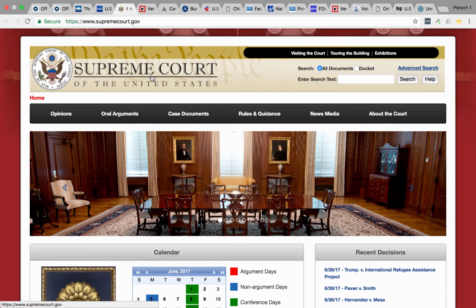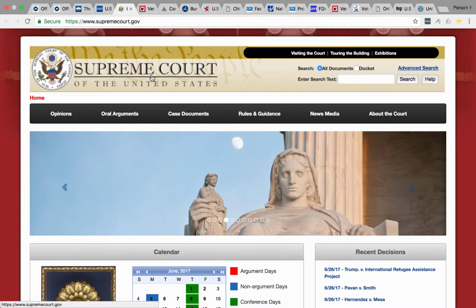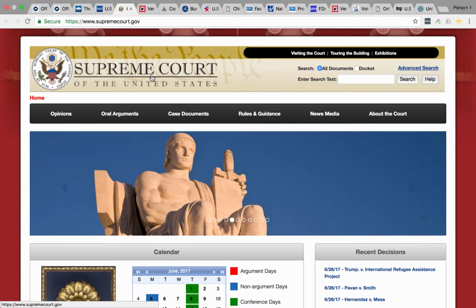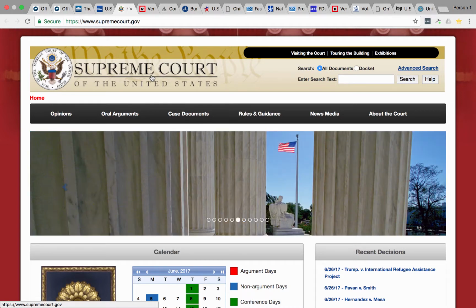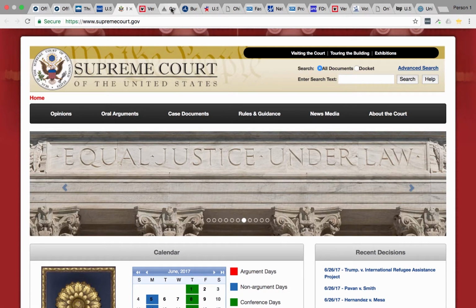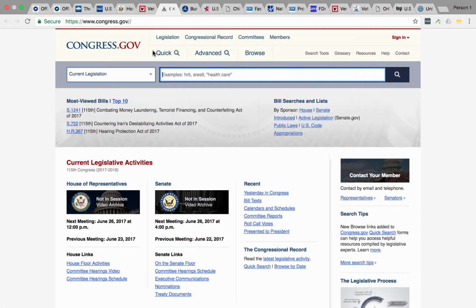We'll talk more about courts and crime later, but this is the official site for the Supreme Court, where you can find case documents, opinions. You can actually listen to the oral arguments as they're being done, and it's a very useful site to look at the laws. This is the main site for the U.S. Congress,